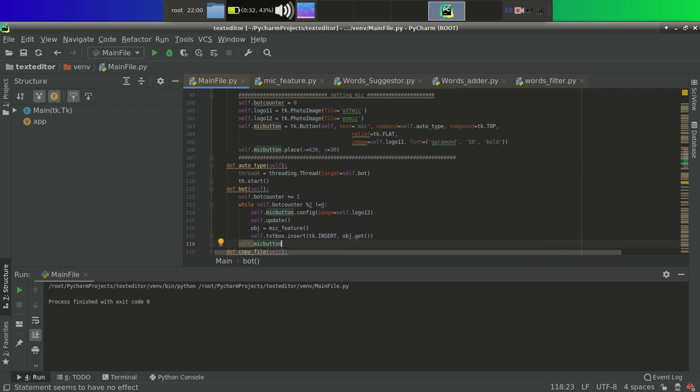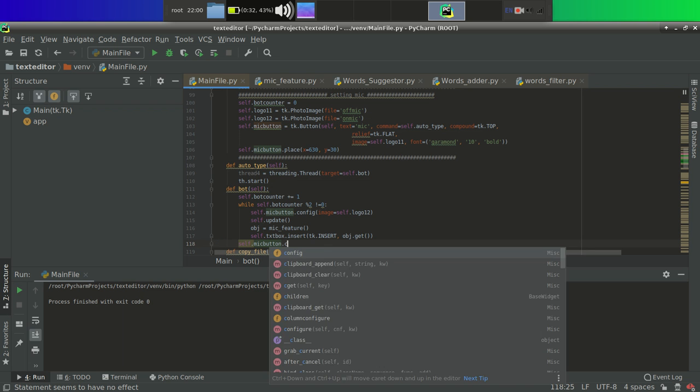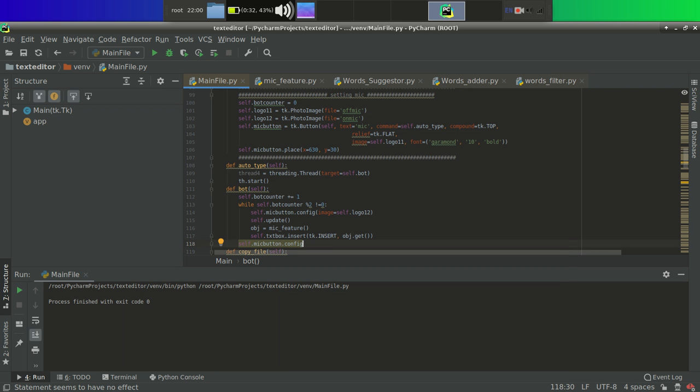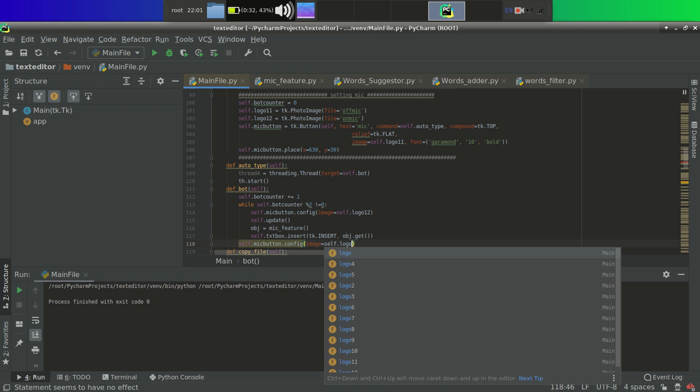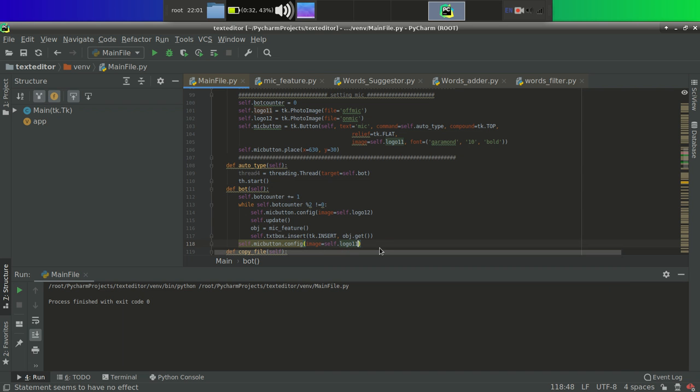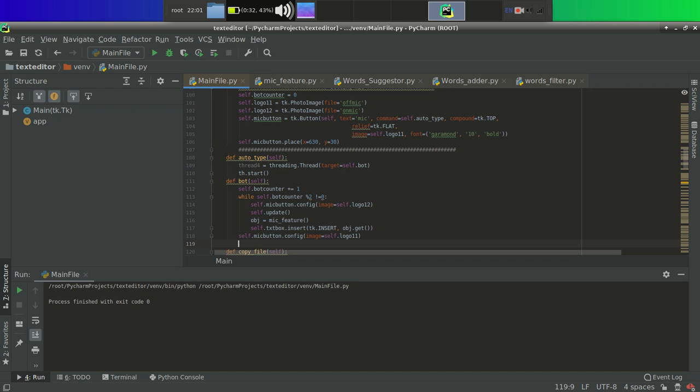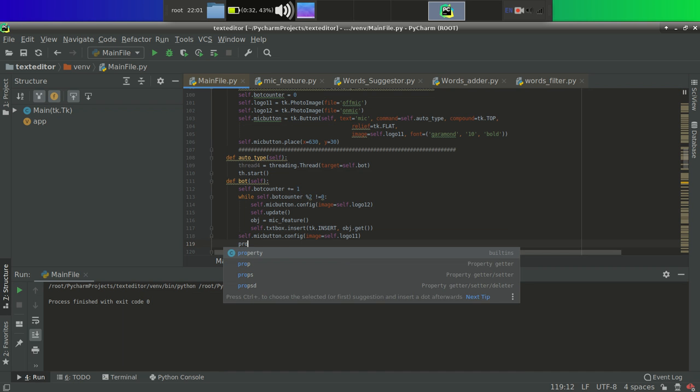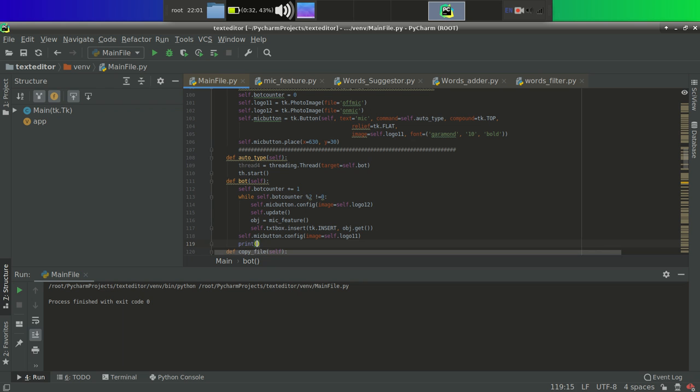So self.mic_button.config, image will be self.logo11, because logo 11 means mic deactivation. That's correct. Now print a random message, print bot stop, meaning the program has stopped listening.